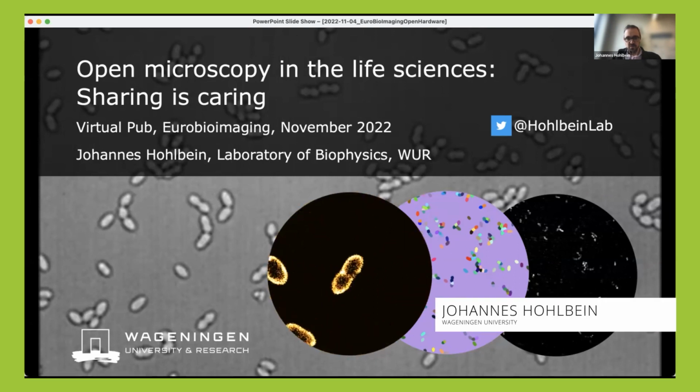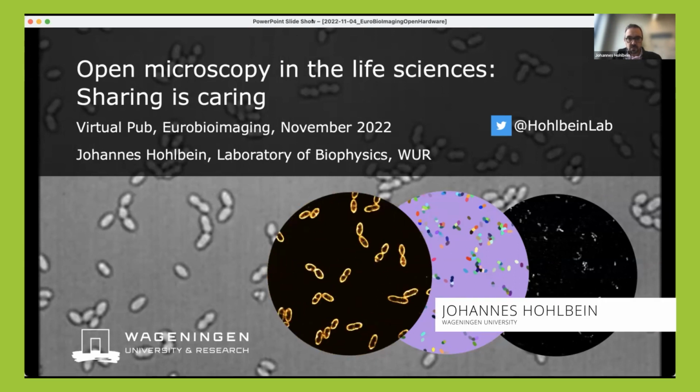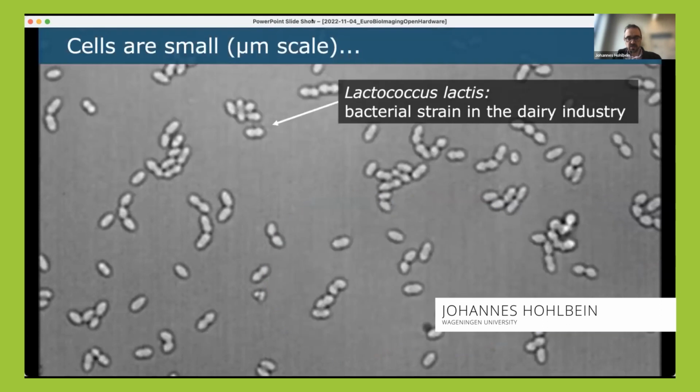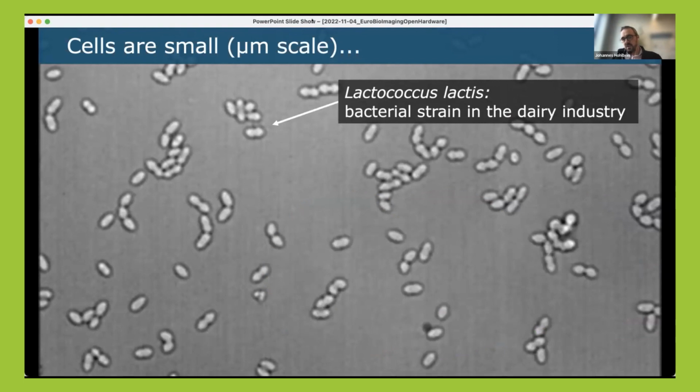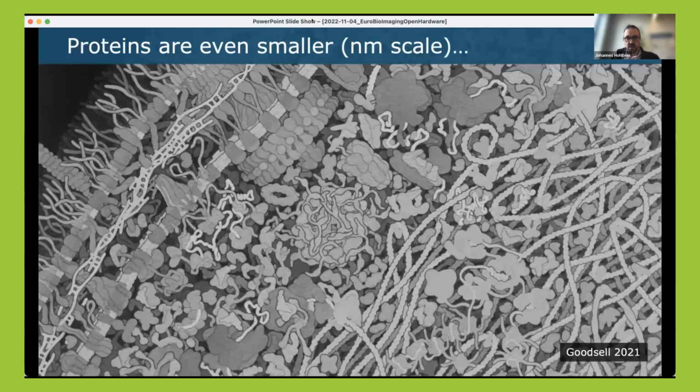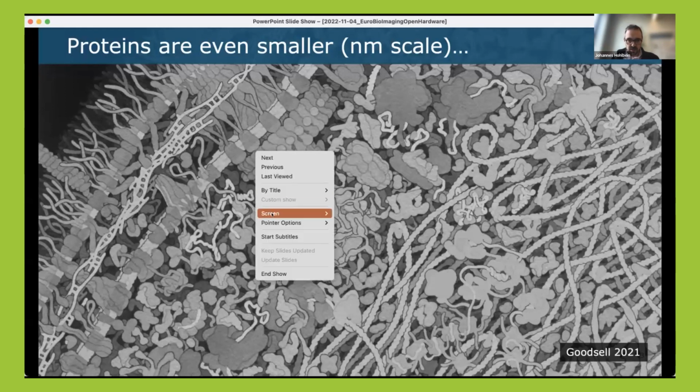What my group is interested in is how life, and in general also food, organizes at the subcellular and microstructure level. What we see here in the first image is very simple bright field imaging of single bacterial strains. They are a couple of micrometers long, and in the very beginning they all look very unassuming. If we now zoom in a bit, we start to get a very complicated picture,